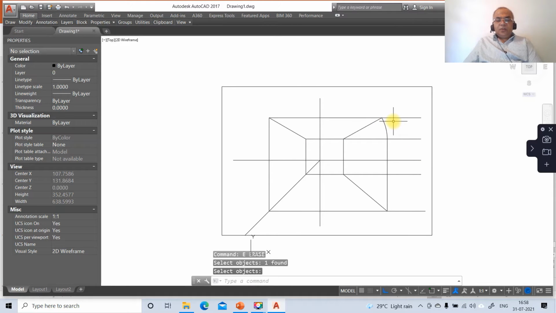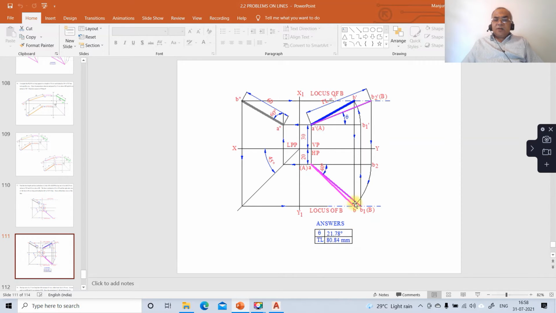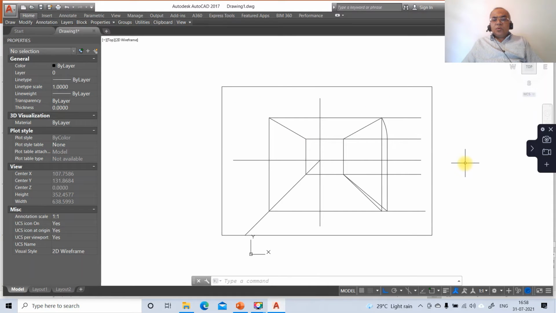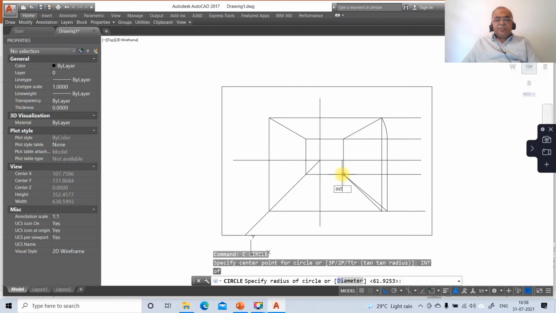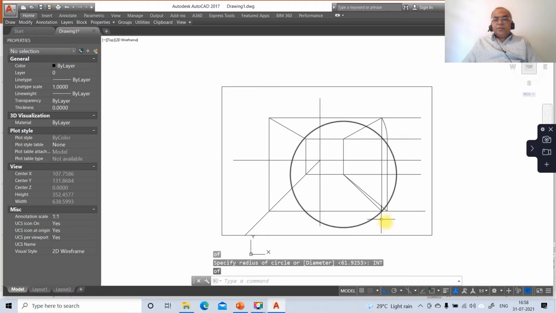Once you get the front view, now we need to go for the top view now. From here you draw a line perpendicular to this line, and then from there you draw a top view line. So now you got the top view. Once you get the top view, you make this top view line parallel to VP, then you are going to get the front view. So to do that, here go to circle, take int of this and take intersection point of this now. So then go to trim between these two,